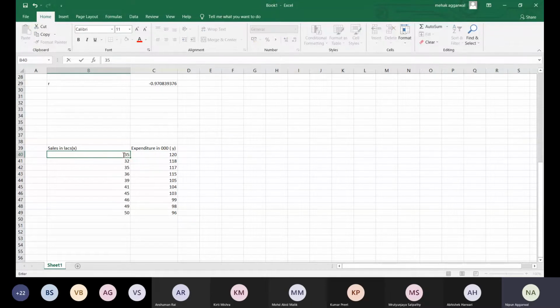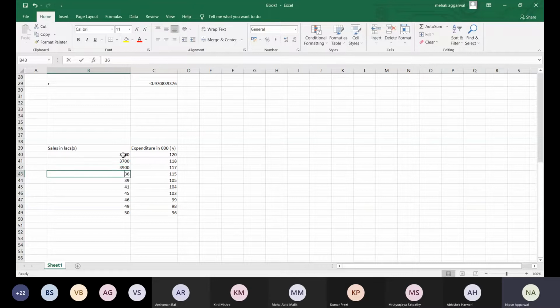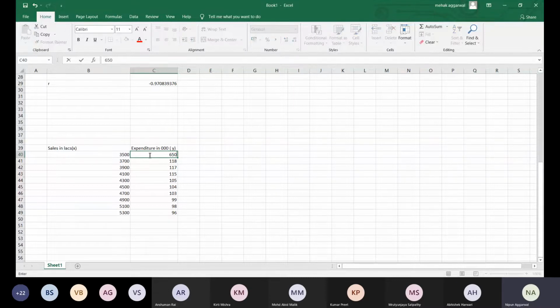Like 3,500, then 3,700, 3,900, 4,100, 4,300, 4,500, 4,700, 4,900, 5,100 and 5,300. Suppose this is the data on sales, and expenditure is like 650,